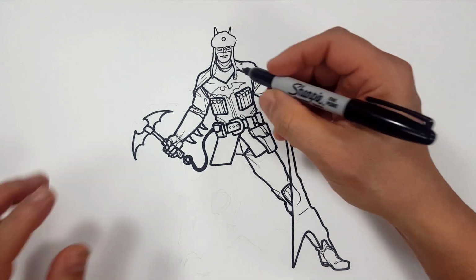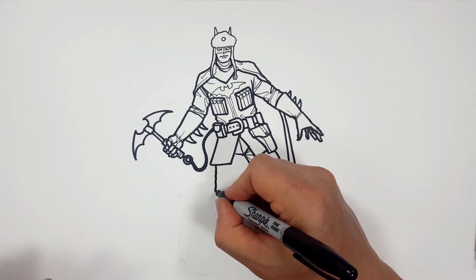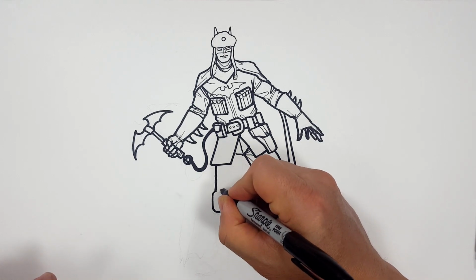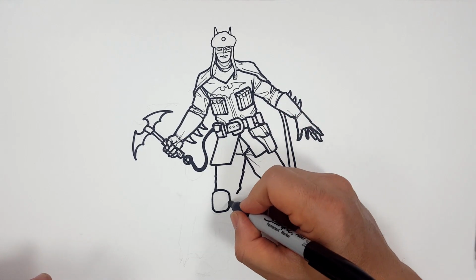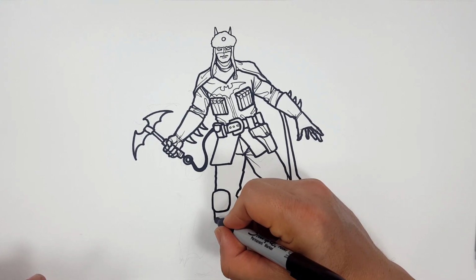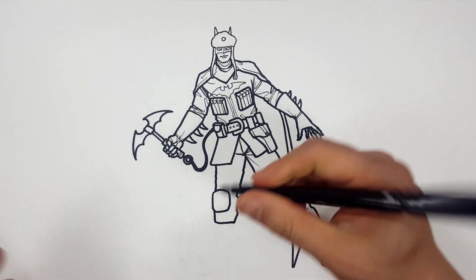So this leg is just, he's pivoting on that, so most of his weight is on here, so I'm gonna bring the cloth down here. This is gonna be his knee pad. So that's basically where his knee is, so his back leg is in like this. And it's basically floating on top, so we don't have to draw a strap or anything. But we do have to tuck it into his boot there. And we'll go ahead and add some of that detail real fast,